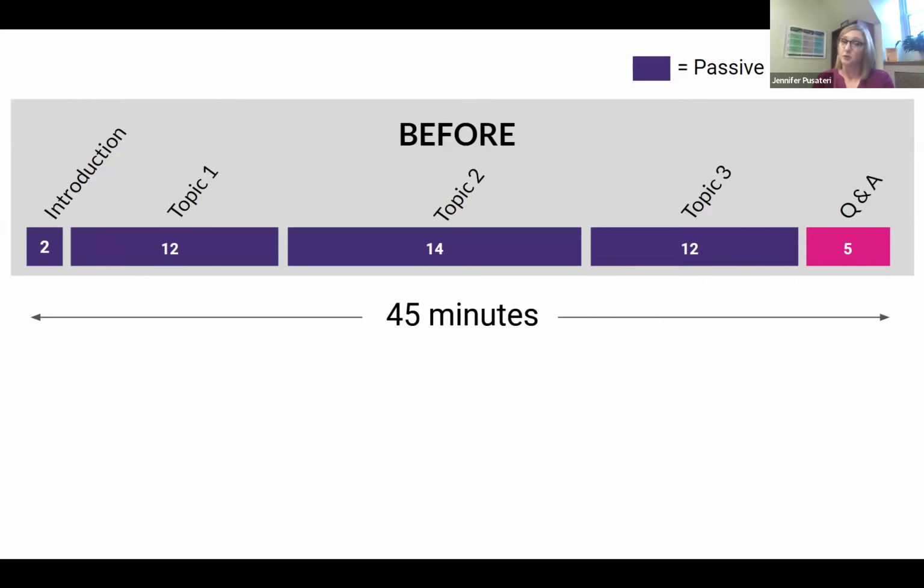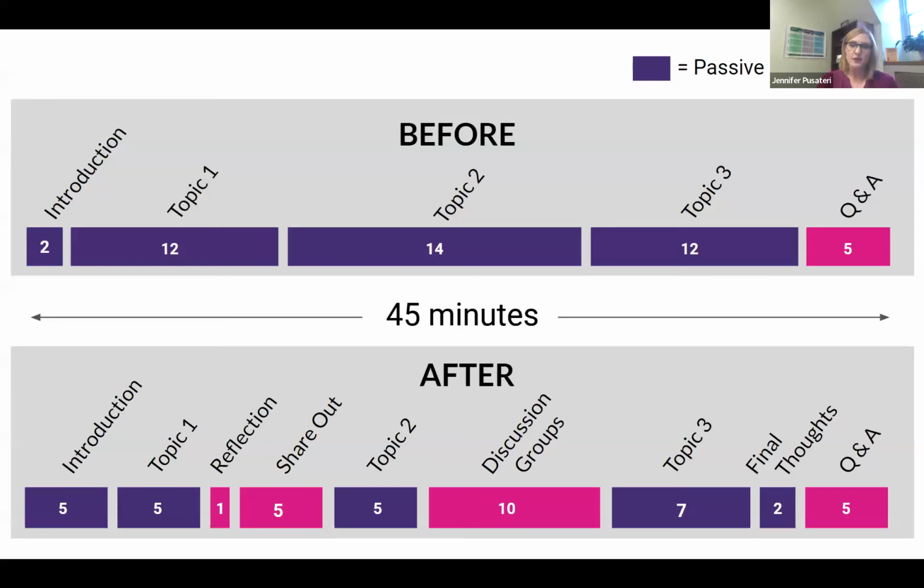Then I'm going to lecture on topic 1 for about 12 or so minutes. Then I'm going to lecture topic 2 for 14 minutes. Then I'm going to lecture topic 3. And then at the end, we'll have about 5 minutes for Q&A. And that's okay. I mean, it'll sort of work. However, if we can break that up a little bit more, then every time we have an active learning thing,